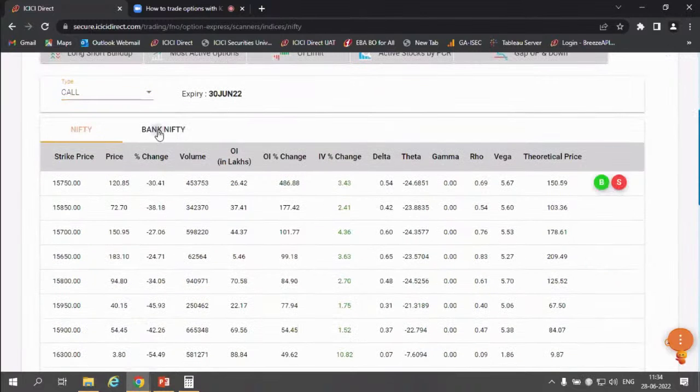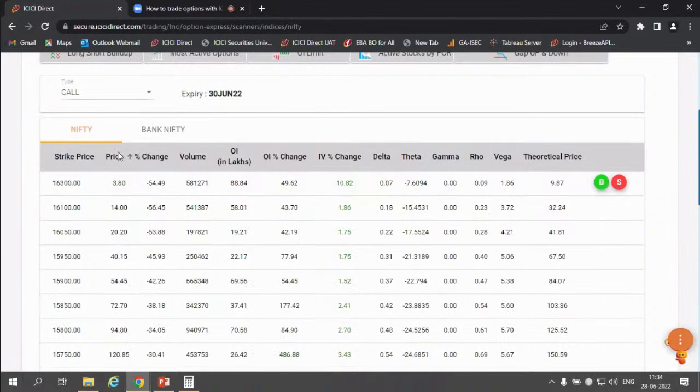Indices are nothing but Nifty and Bank Nifty, so you don't have to go elsewhere to identify what is trading, how much. You can filter this by strike price, or based on the premium price, or based on the open interest. So if you click here, 88 lakhs is the open interest on the 16300 call at the moment. This is where the huge trading is happening at the moment, and based on this kind of information,